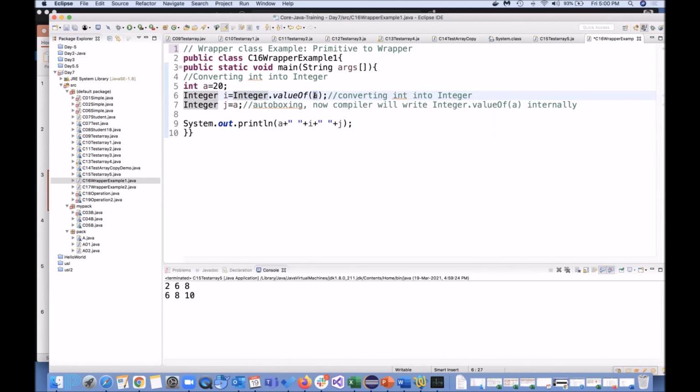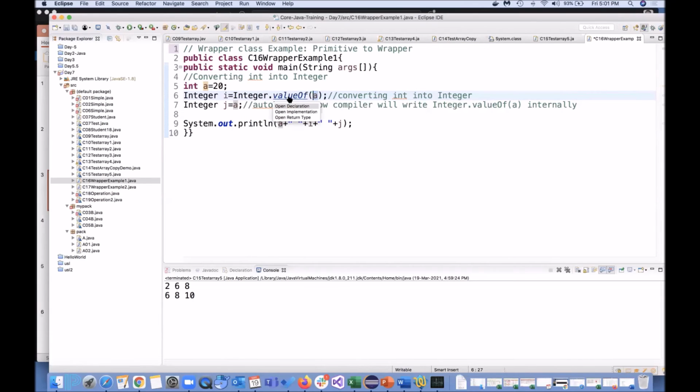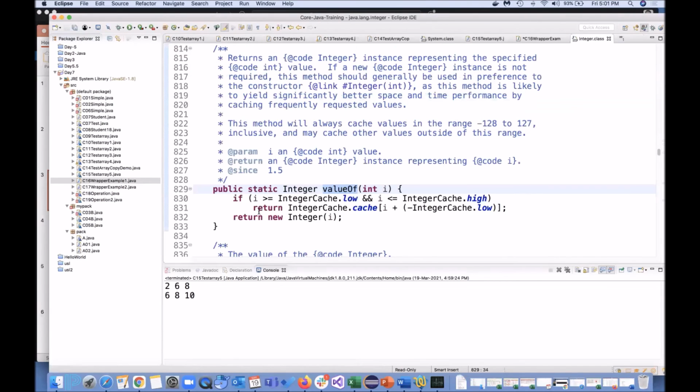Whatever value of a will be coming, and this is the predefined function in your Integer class. If I open, this is how it will do. We are passing here any number or value that it is taking and then you are getting Integer.